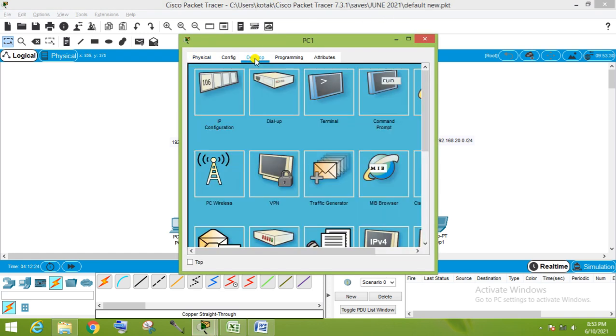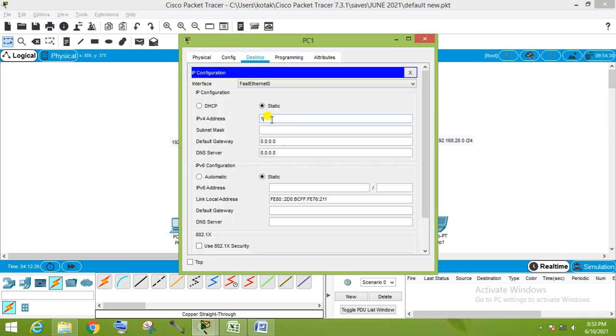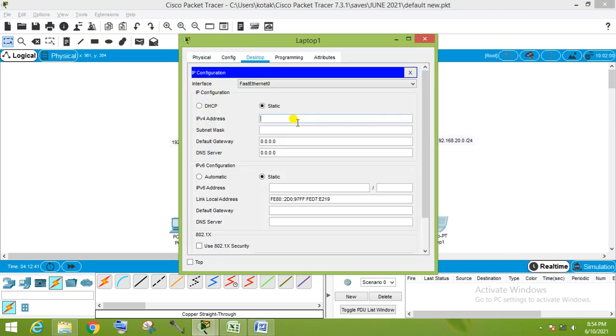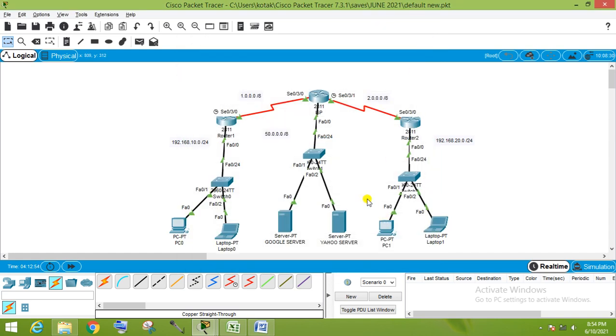For this PC, 192.168.20.3, gateway 192.168.20.1. And 192.168.20.4. So fine, we have configured the IP address on all systems.